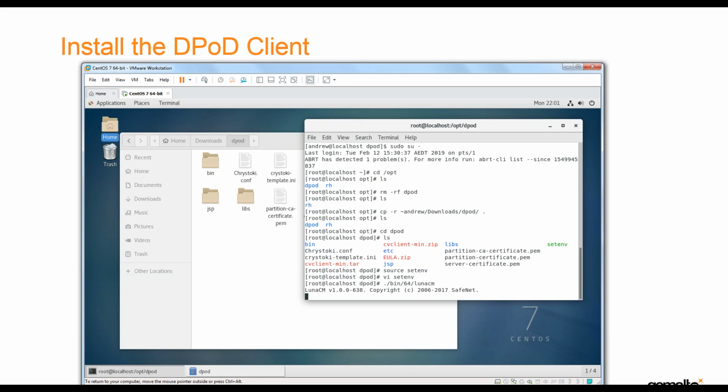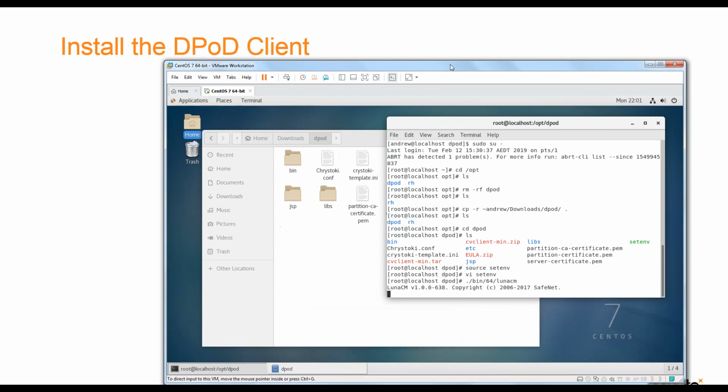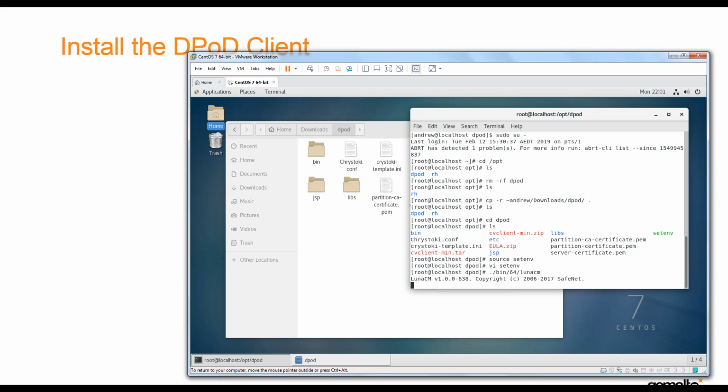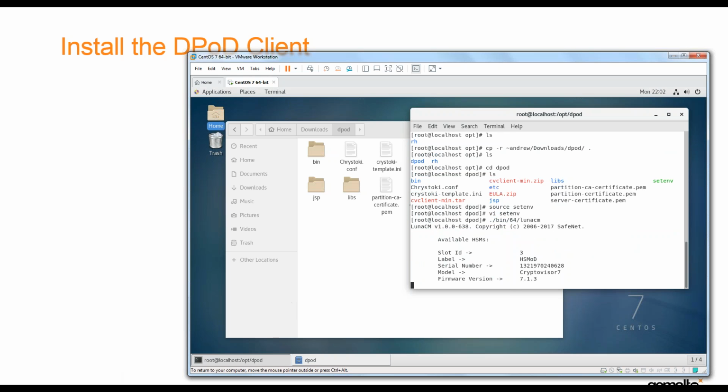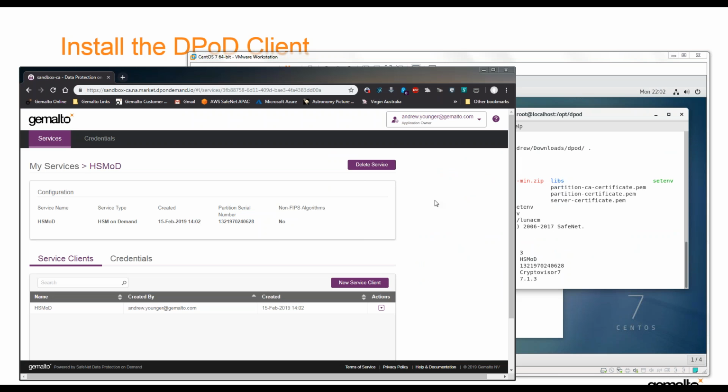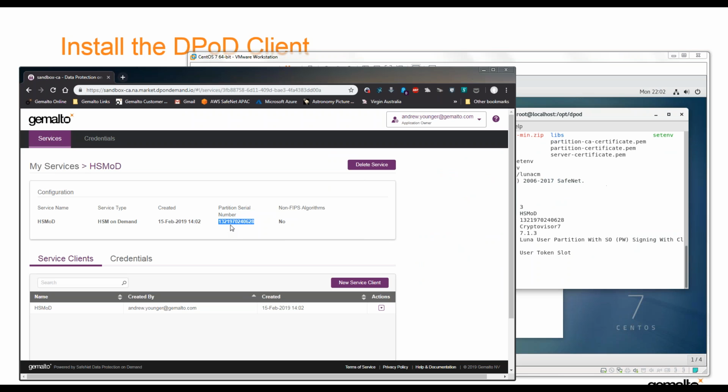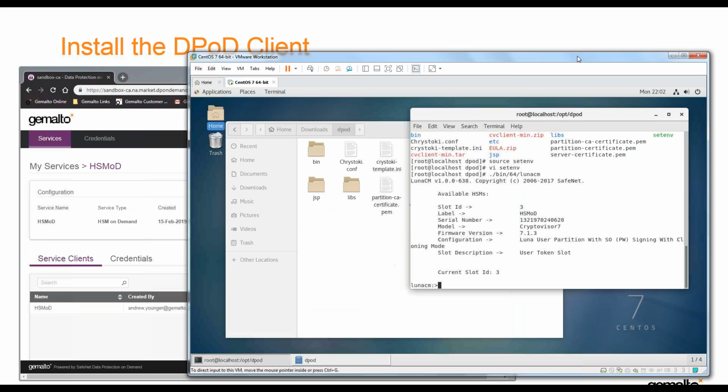So just bear with it, but it will hit the DPoD services and actually list them out and show me that I'm connecting. And if all goes well, here we go. We've got some data. It should be the same serial number, right? 1321-970-240-628. Well, yeah, okay, that looks pretty good. So there you go. I'm talking to the partition that I needed to,